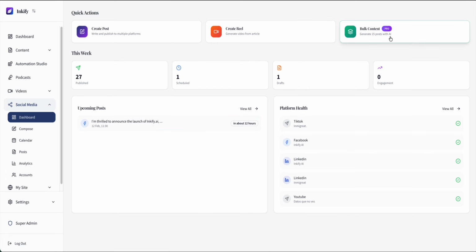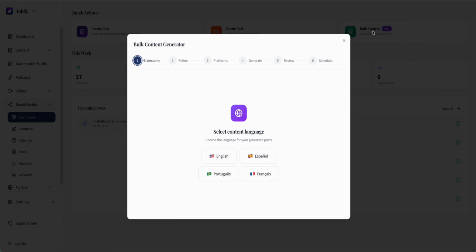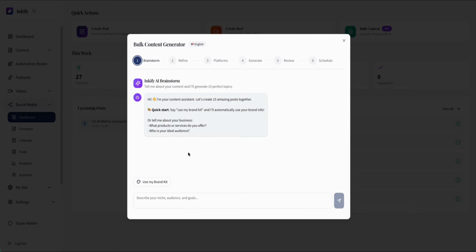One of the good things that these have is the bulk content as well, and this is a very important feature and functionality that clients use a lot, which is the capacity that the system has to create up to 15 posts at once in any language that you prefer from the ones that we support. For example, let's just use English over here, and let's say, hey, I want to do